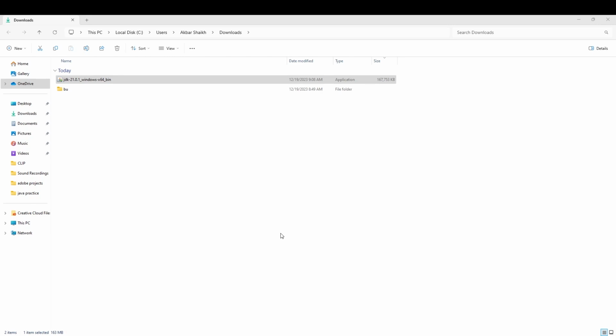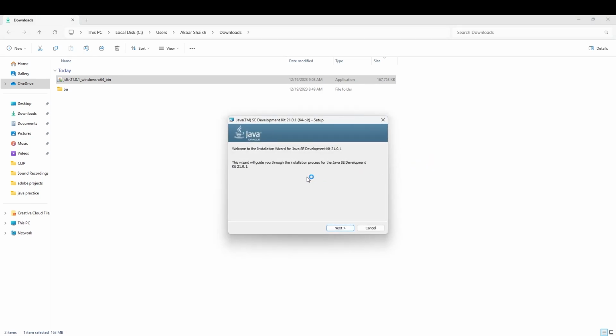I'm interested. Yes, here it is saying development setup. Okay, next I'm clicking. Here is where you want to install. If you want to change the path, you can change it from here. Actually, by default it's 64-bit we downloaded here. That's why it is taking Program Files Java JDK 21. If you download 32-bit, then it will go to the program